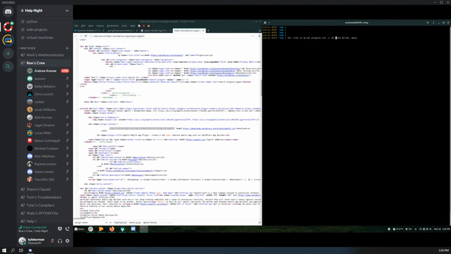So for each of those, let's call this P, and then let's say link equals the URL, slash P, and then let's do curl link, pipe that to grep